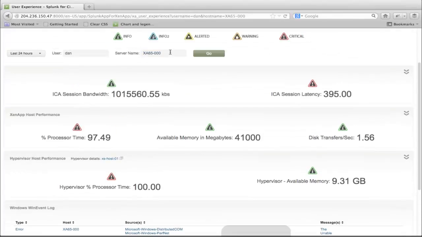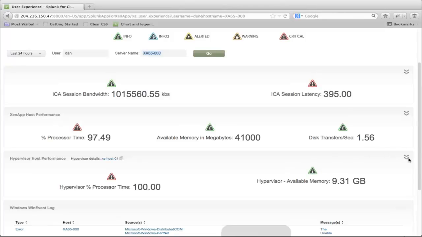to see if it had that in the virtualization index, to see if it was running on a hypervisor. And it turns out it was. It's running on this hypervisor called XSHost-01. And also the hypervisor is pegged at 100% right now. Let's see how long it's been that way.